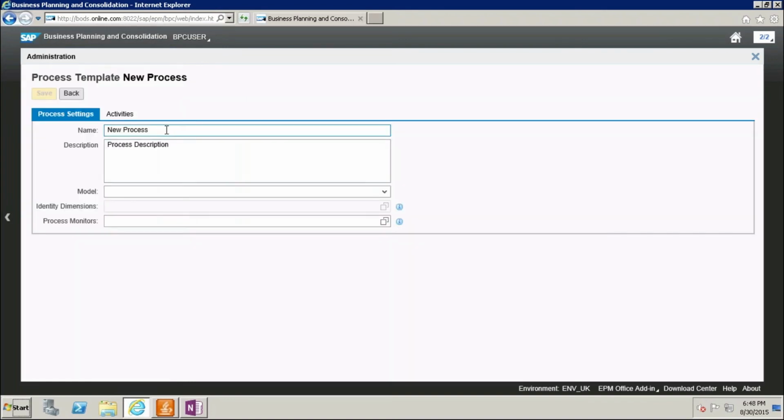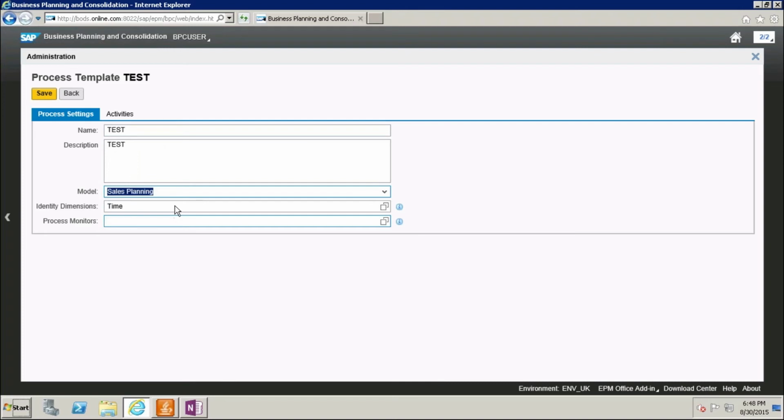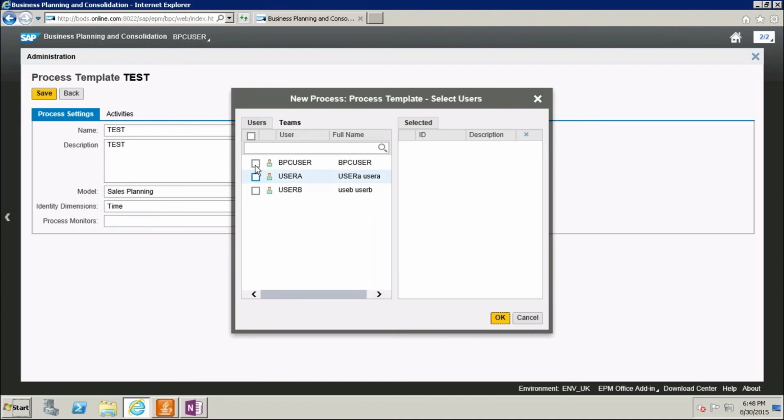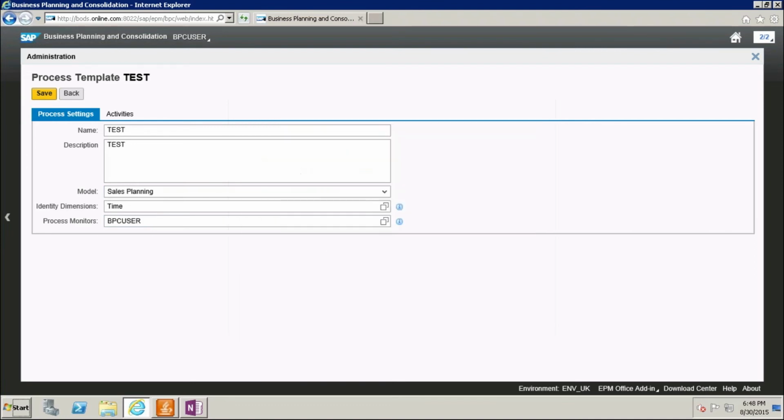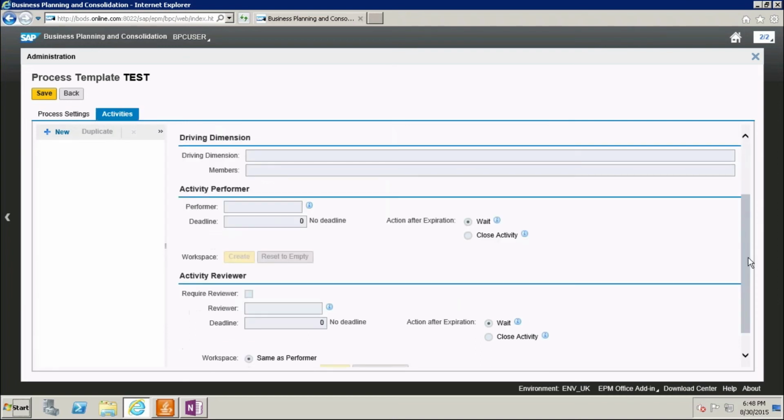Give me a minute, I'm just going to create a new process, test model, time. This is my BPC user, activities.